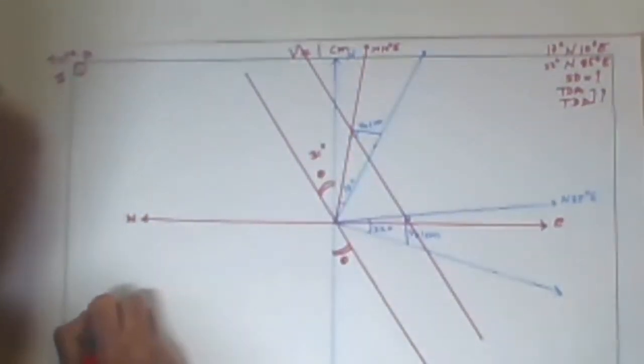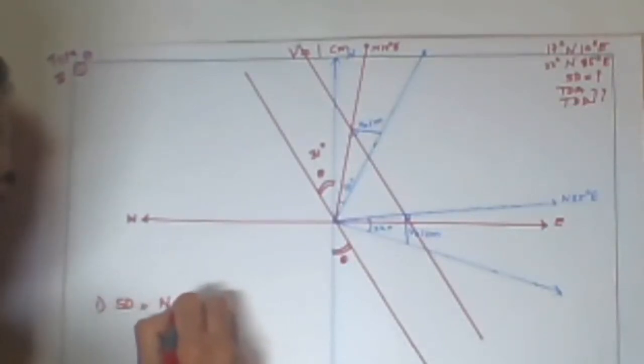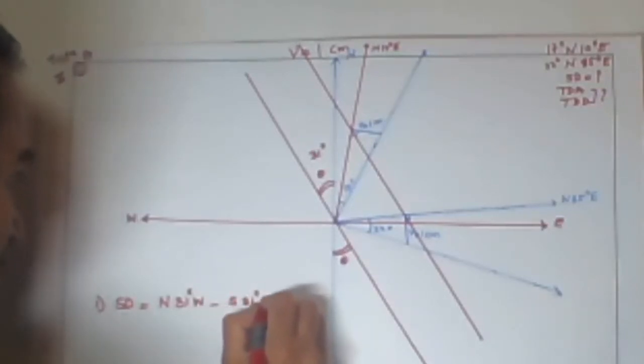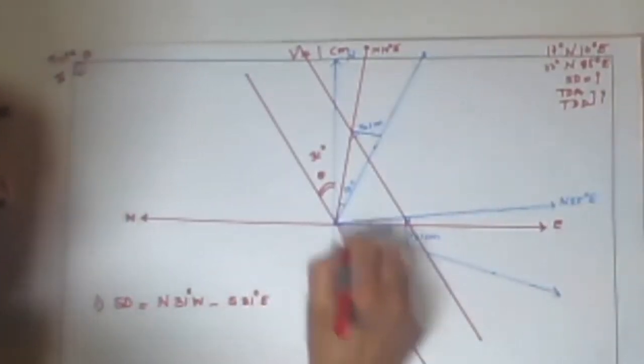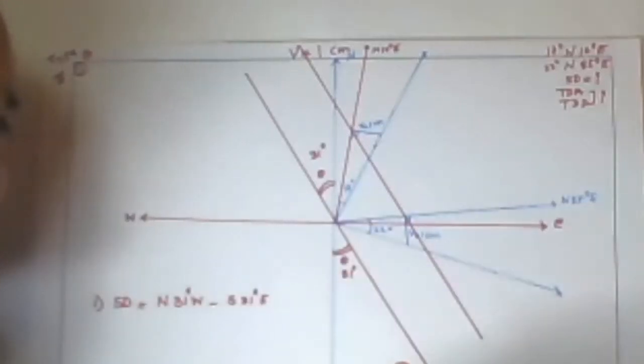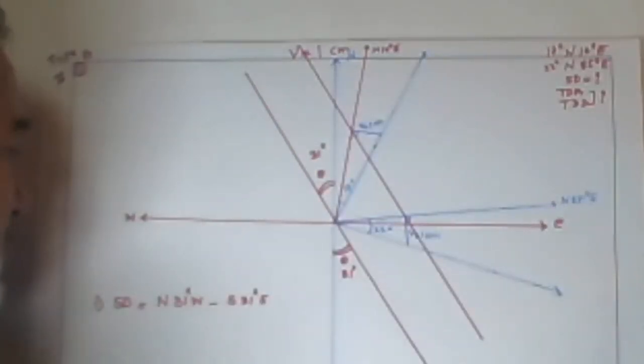So your first answer, strike direction, is north 31 degrees west and south 31 degrees east. Both should be 31 degrees. Measuring any one is enough. If you want a counter check, you can make it out. Otherwise, it is a straight line, so 180 degrees. Whatever angle you got, the same angle should be on this side. Yes, so first we have got it now.